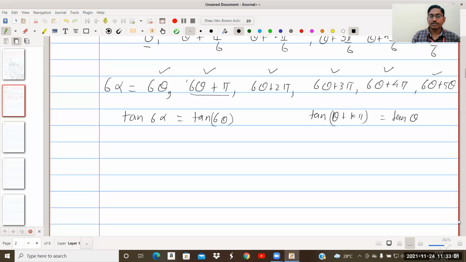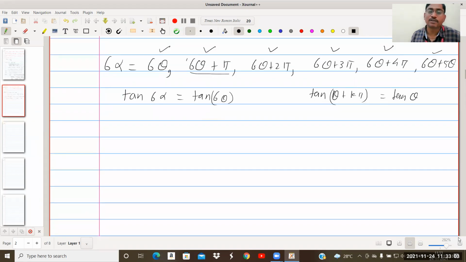Now you will realize its role ahead: why are we finding this? We are treating these all as the roots of some equation, and in the solution of equations we have to apply what will be the sum of all roots, what is the product of all roots. Those 1 and 2 things will get the answers. So in each case, there are total 6 cases, in each case tan of 6 alpha is tan of 6 theta.